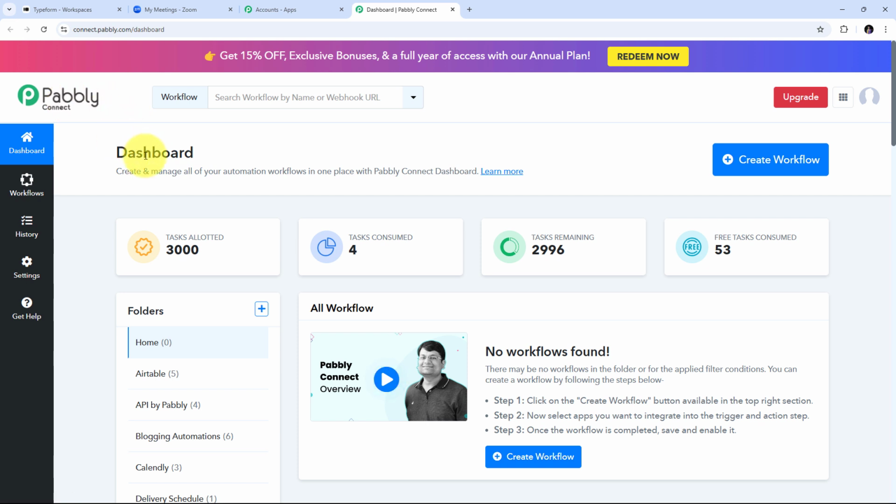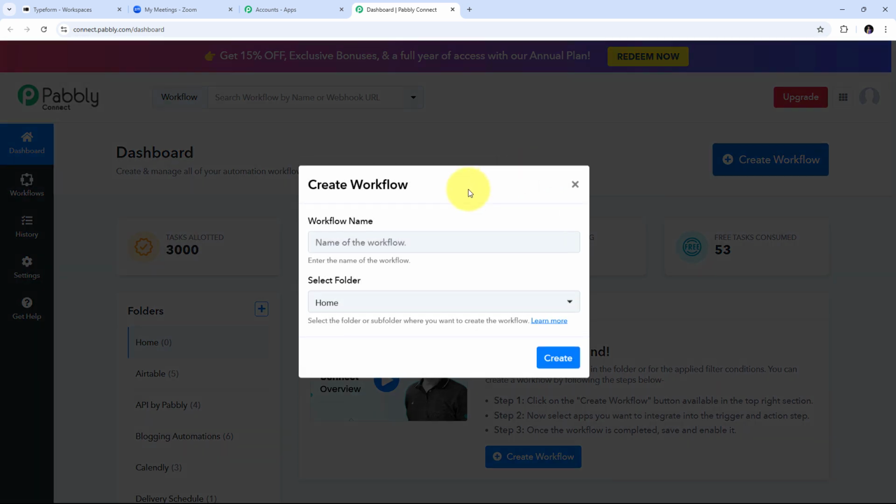Now here in the dashboard, I need to create a new workflow, and for that I'm going to click on this Create Workflow button, and this window will pop up. Here I need to name my workflow, so I'm going to name it as my objective, which is to add Zoom meeting registrant on Typeform submission. Now I need to click on Create,